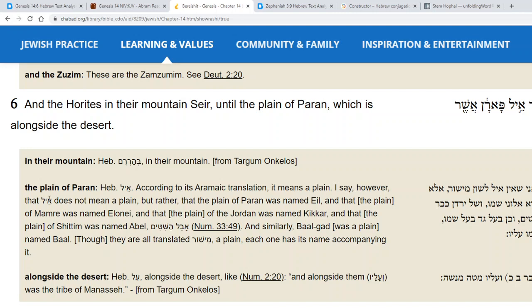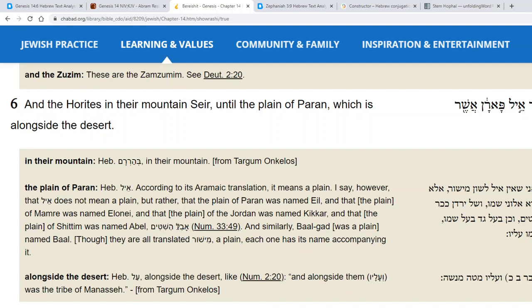I say, however, that El does not mean a plain, but rather that the plain of Paran was named El, and that the plain of Mamre was named Eloneh, and that the plain of Jordan was named Kikar, and that the plain of Shittim was named